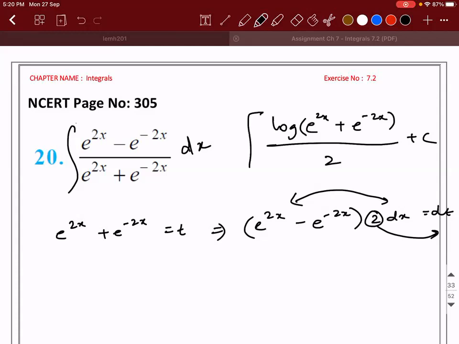I hope everybody understood, right? Are others clear with what I did? So can you explain how 2 came, sir? No, see, this step, is it clear? Yes, sir. You want to know how this 2 came, huh? Yes, sir. It is the chain rule, no? See, the derivative of e power 2x is e power 2x into the derivative of 2x, which is 2. Okay, sir. Now you got it? Yes, sir. Right.